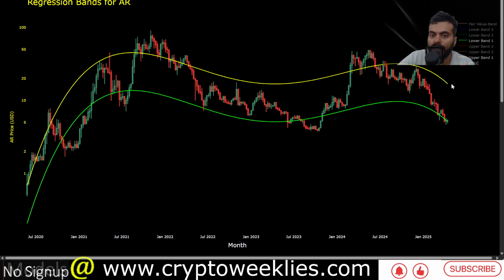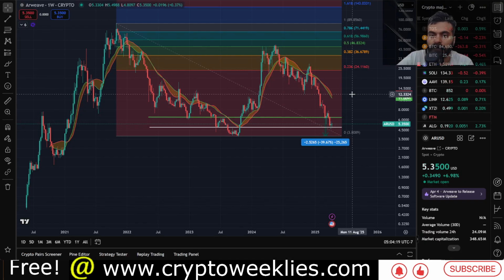That yellow line and the green line together, the price stays 68% of the time, or 1 standard deviation confidence level, within this yellow line and the green line. The yellow line or the 1 standard deviation ceiling is at around $17, kind of close to that $19 target with the machine learning based price forecast at that level. The $16 Arweave AR token could be a midpoint between the 0.23 fib level and the 21-week exponential moving